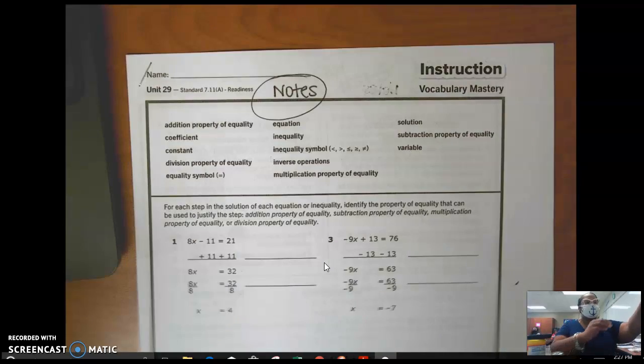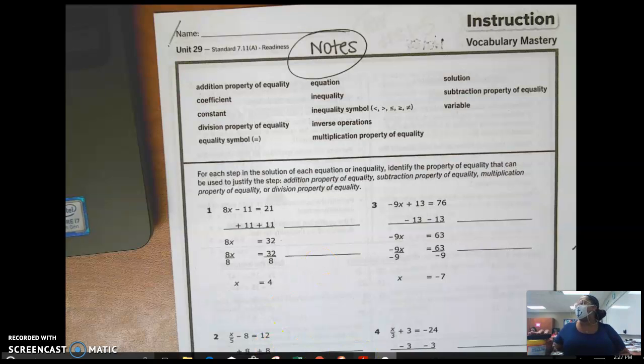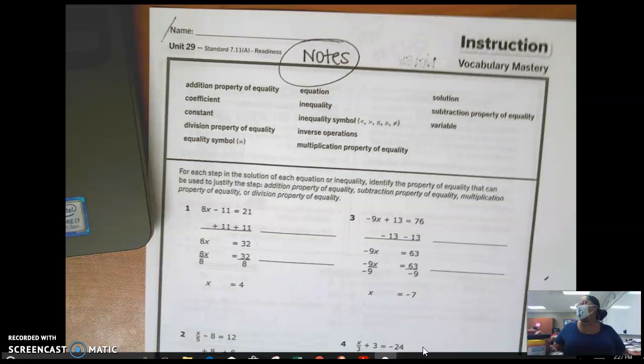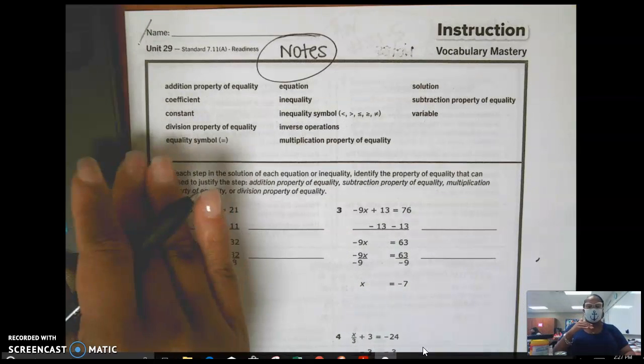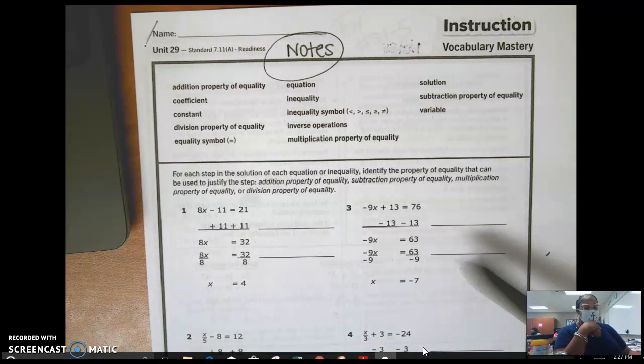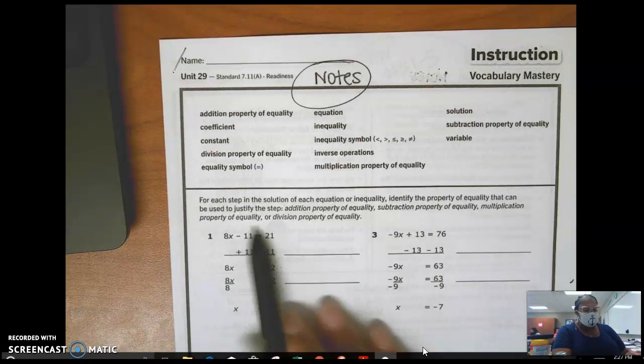Okay, looking at your work. Yes, the first pages are notes. So we're going to briefly go over them and discuss what's happening, and then we're going to apply it to our practice questions. So on page 289 in your Think Up Math book, it says